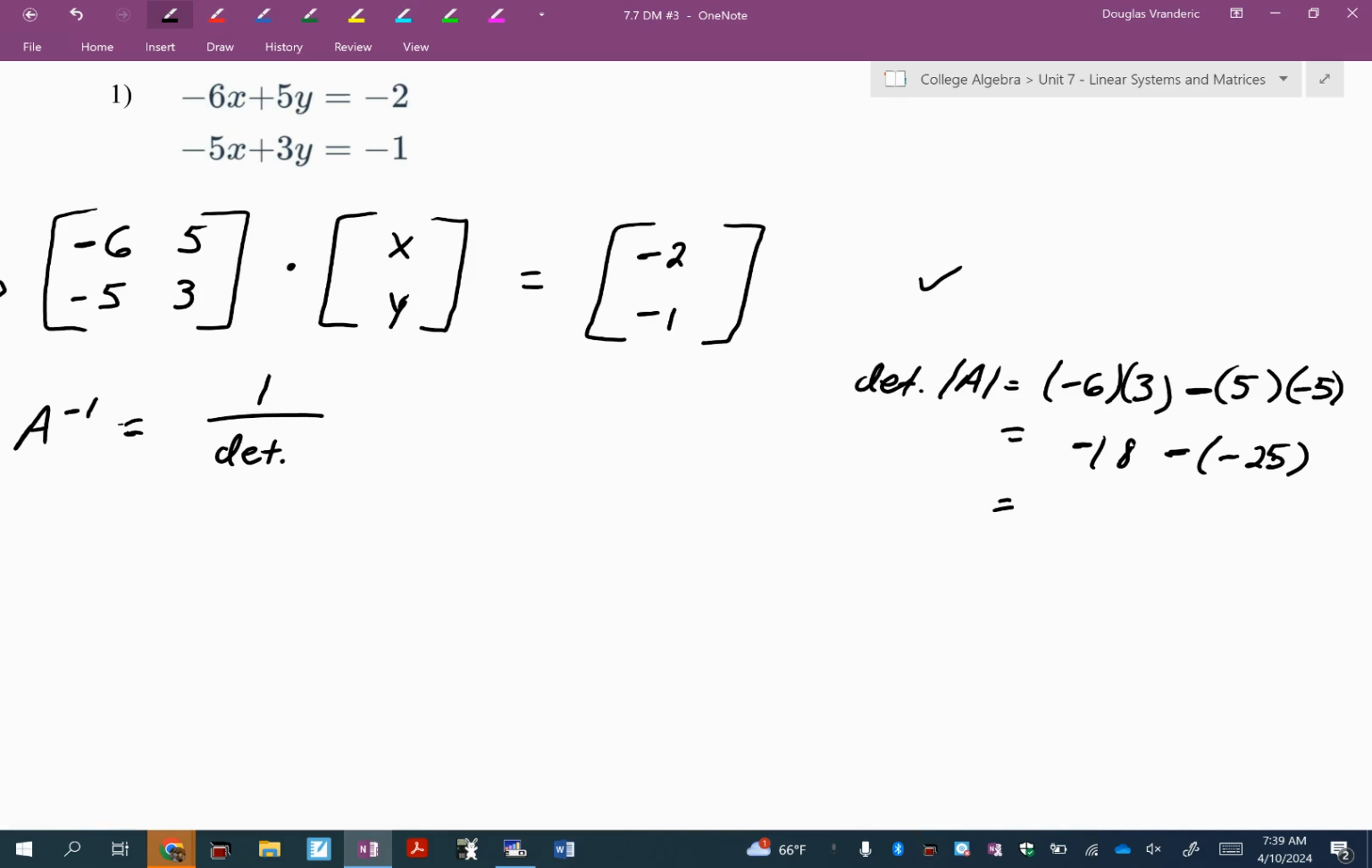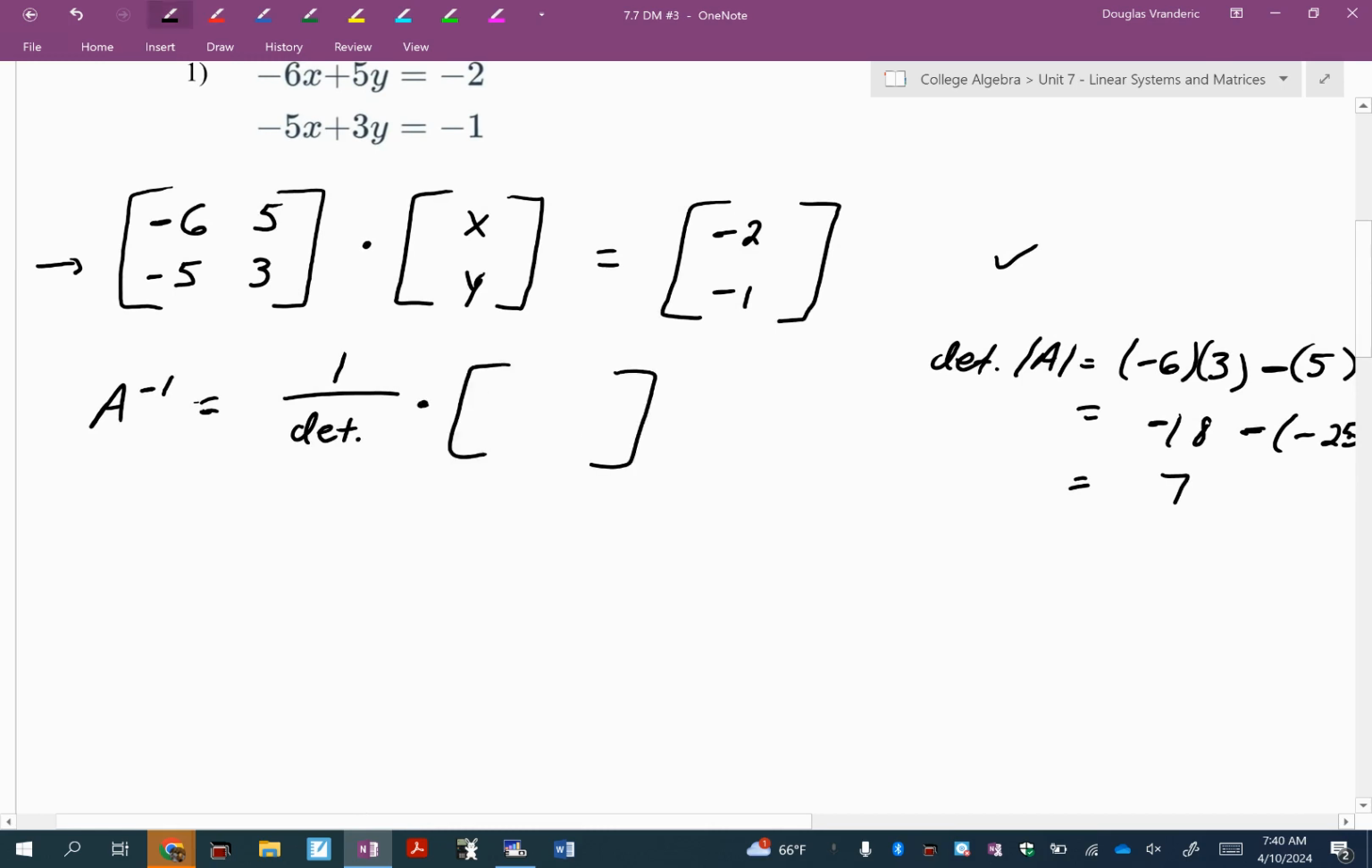Positive. -18 plus 25. 25 minus 18. No, they're different signs. So you're going to subtract them. It'd be a +7 because the positive 25 is larger. Okay? So this is going to be